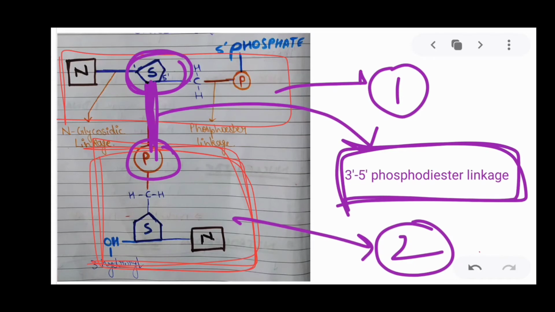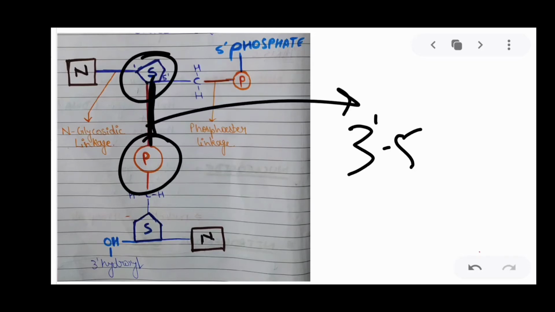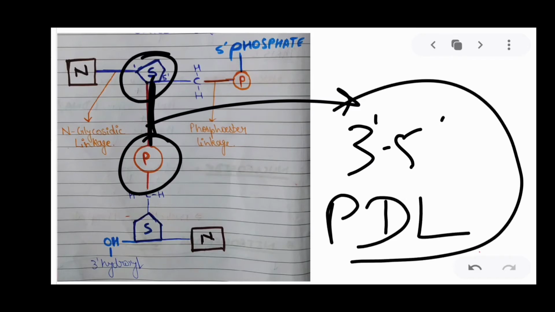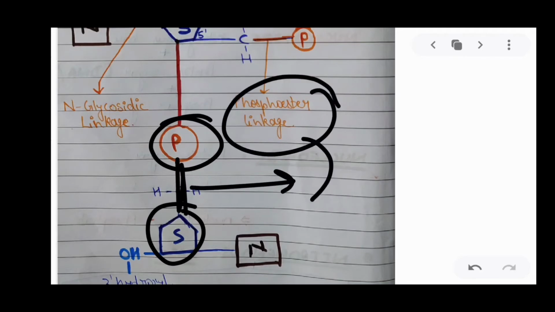Remember what they are asking. They can ask about the pentose sugar of one nucleotide and the phosphate group of the same nucleotide. If they ask a question like this, then the phosphoester linkage is the answer. And if they ask about the pentose sugar of one nucleotide and the phosphate group of the other nucleotide, then the answer will be the 3',5' phosphodiester linkage. Because in nervousness we may answer wrong, so we have to be clear with the concepts and stay calm. The phosphate group and the pentose sugar of the same nucleotide are linked by the phosphoester linkage.